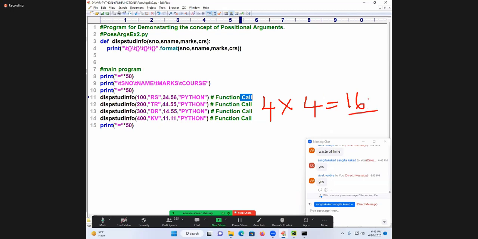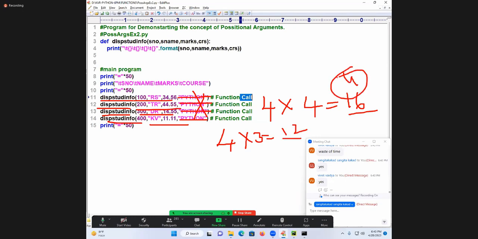It is one of the drawbacks. This common value, which is common for all the similar function calls, don't pass this value again and again. If I don't pass it, you are carrying it only 3 times. 4 function calls, 3 times, only 12 times, and you are minimizing by 4 times.